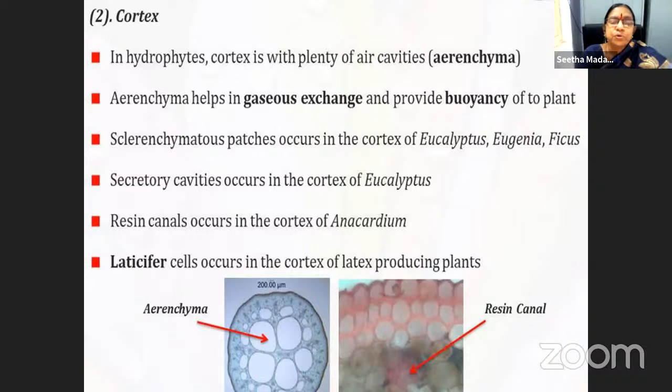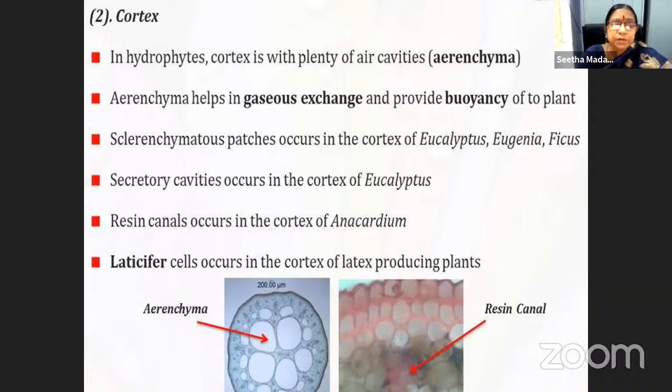The workers who work in this cashew nut factory suffer from blisters caused by this oozing out substance, that is resins. Then laticiferous cells occur in the cortex of latex producing plants. Here, latex means